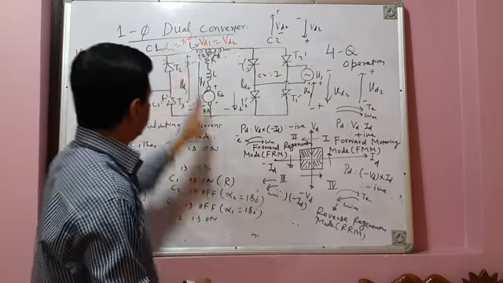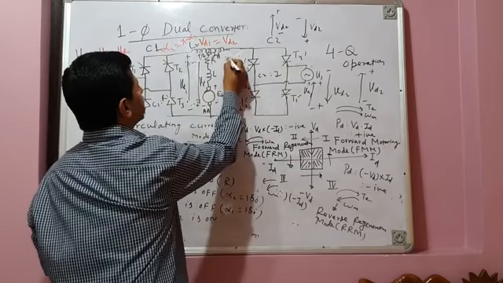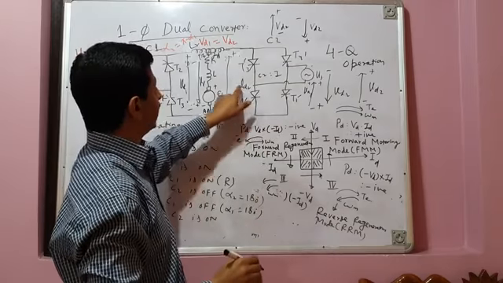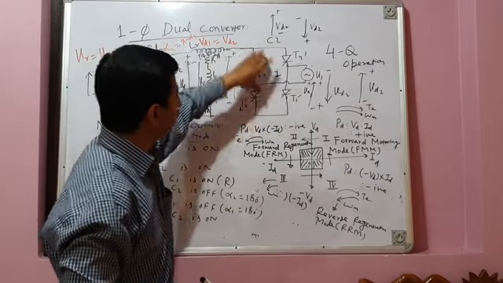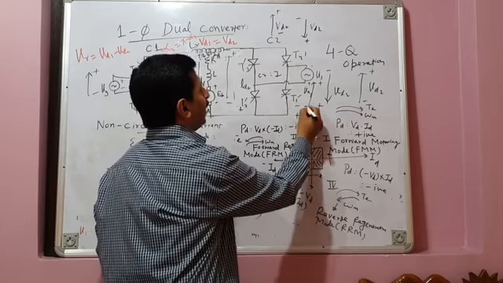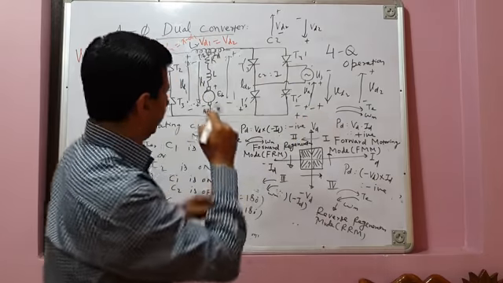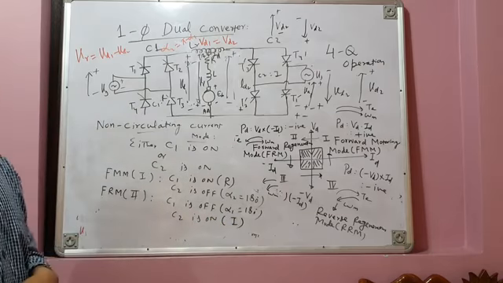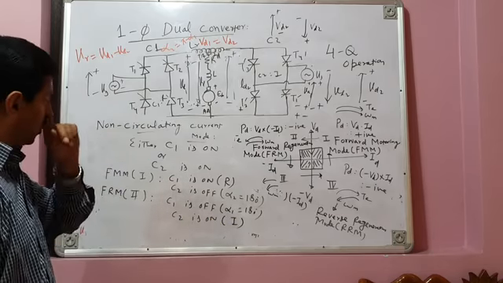But now your output voltage is positive. It should be plus minus like this. Therefore, your converter C2 should operate in the inversion mode, because if it operates in the rectification mode, इसकी output voltage plus minus ऐसे होगी. In the inversion mode, its voltage will be negative. So it will be operating in the inversion mode, right? This is called quadrant 2.